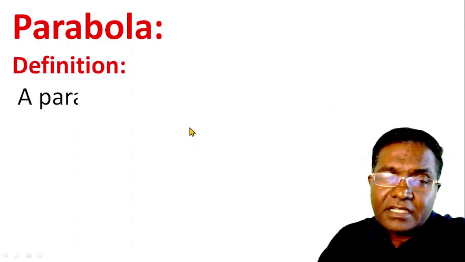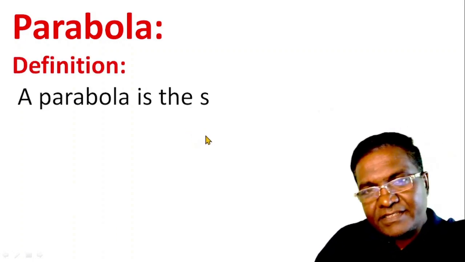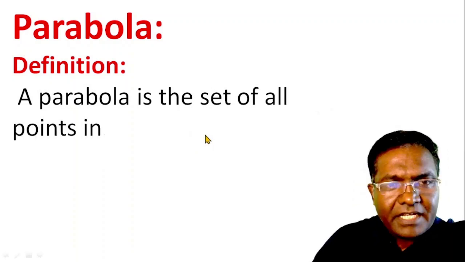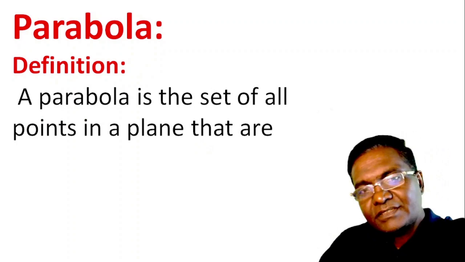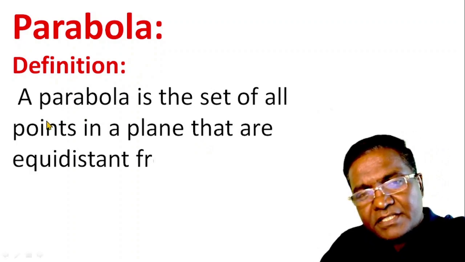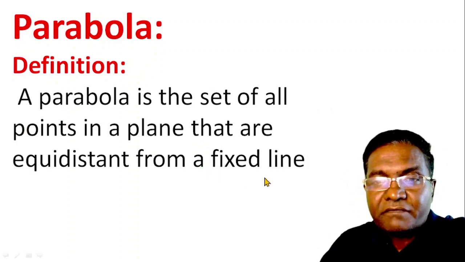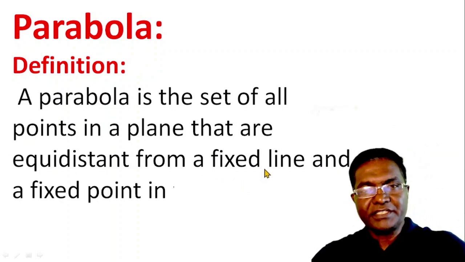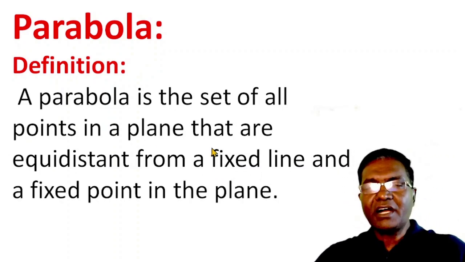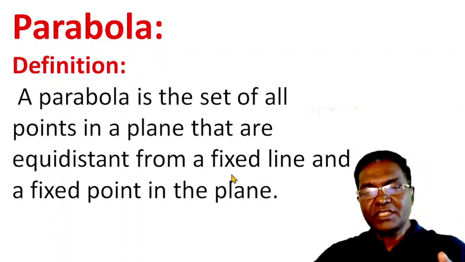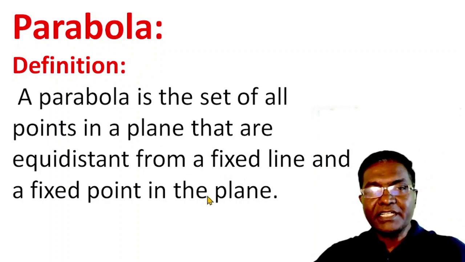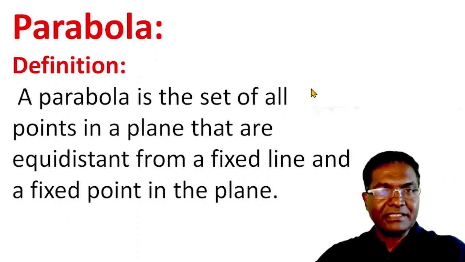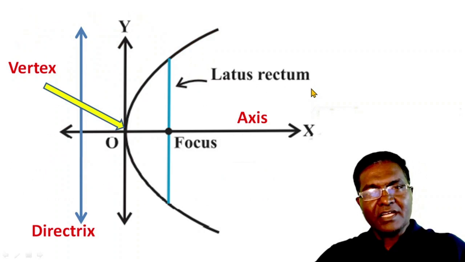See here, a parabola is the set of all points in a plane that are equidistant from a fixed line and a fixed point. The set of points which are equidistant from a fixed line and a fixed point is called a parabola. So please do remember this. Now see here,